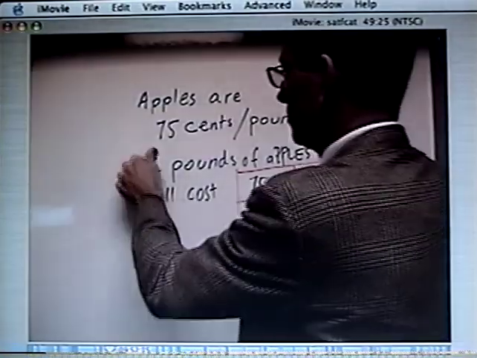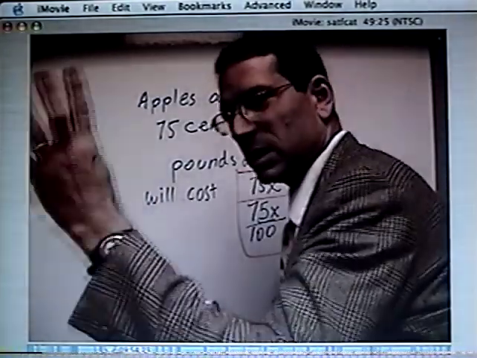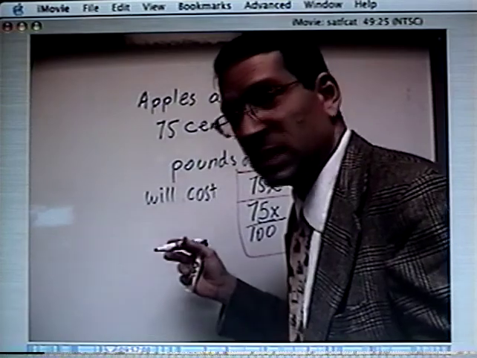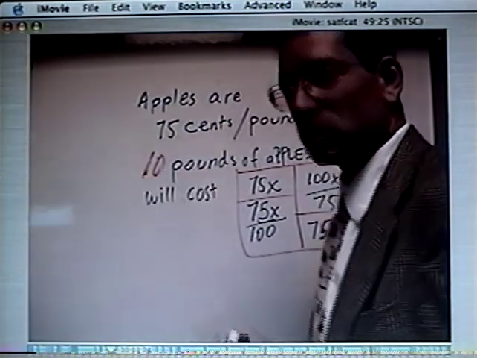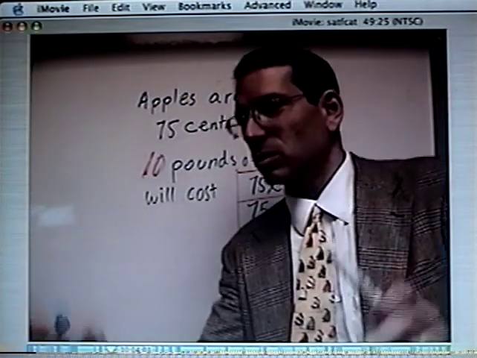Let's put a number in. How many is a good number? Shall we say 10 pounds? We're getting 10 pounds of apples. Now if I just asked you, okay,